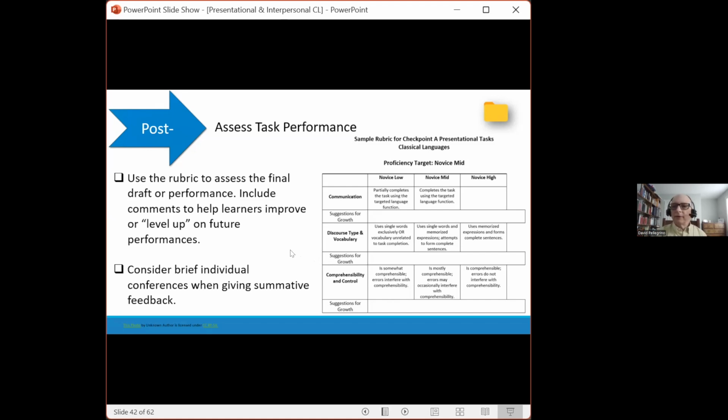Okay, we are doing really well here because that was supposed to be half of my presentation, and we're just a little bit more than half. So we are going to switch to